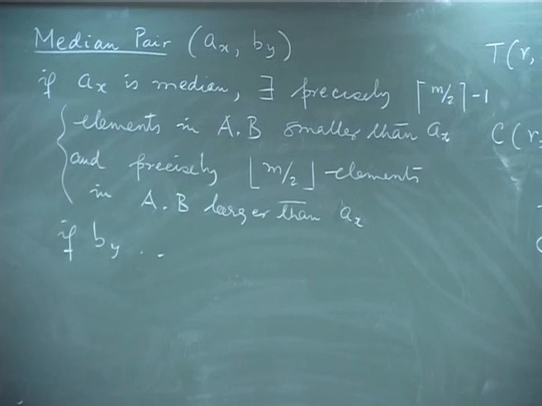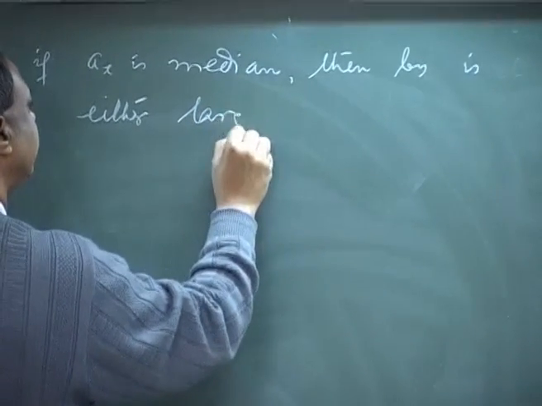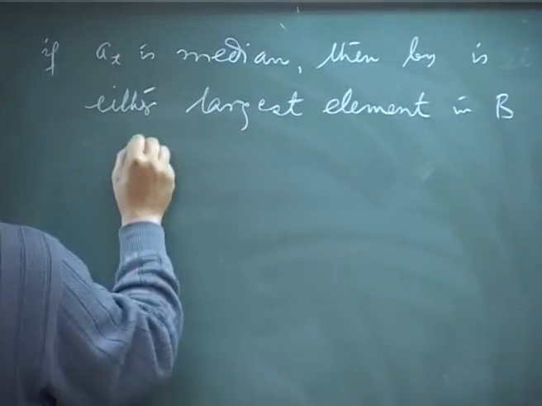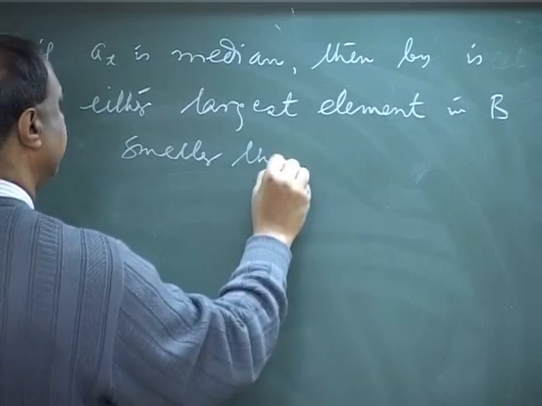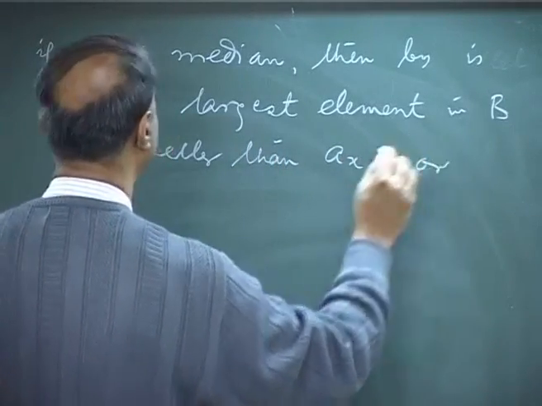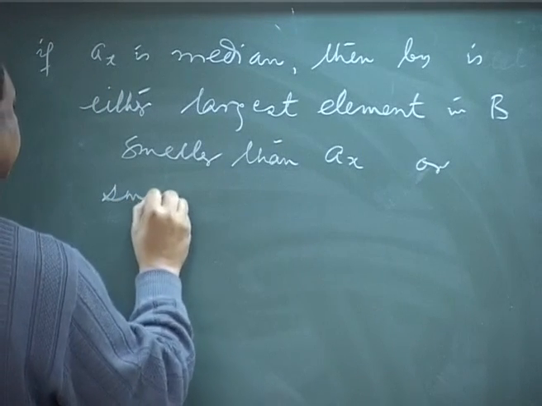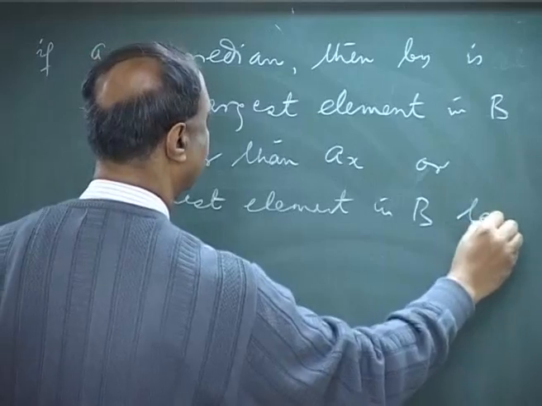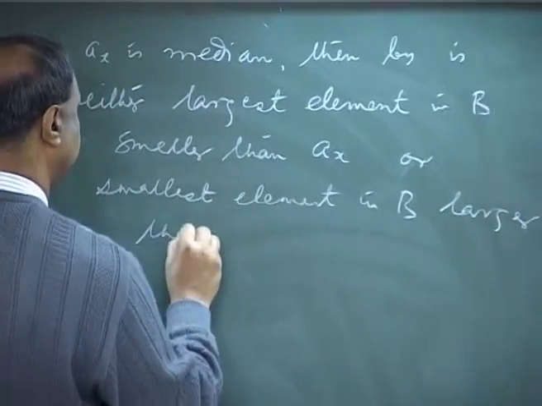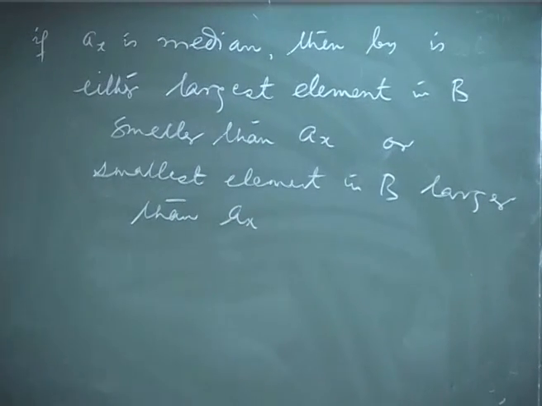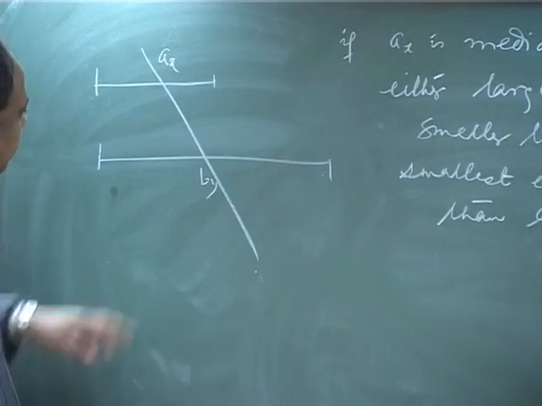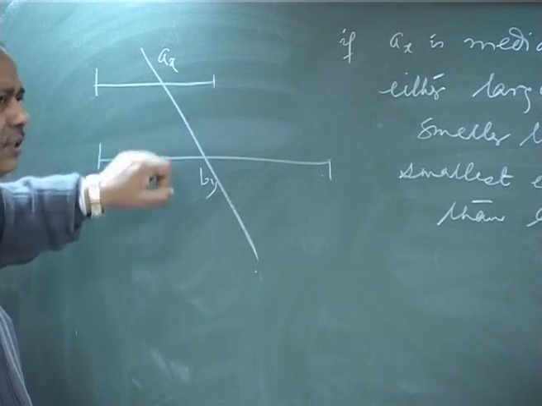If AX is median, then BY is the largest element in B smaller than AX, or the smallest element in B larger than AX. So BY is either just larger than AX or just smaller than AX,